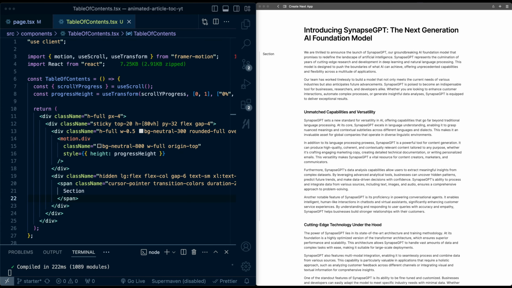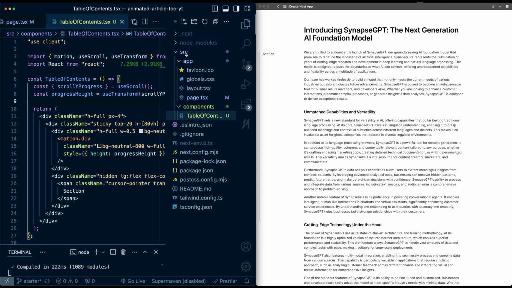Now with the front end structure pretty much done, let's turn to the data flow of the section data into this table of contents component. So for this, we're going to set up a global React context that we'll use to store a global state of all this information. So I'll go and create a new file for this. I'll put it under a utils folder and we'll call it toc